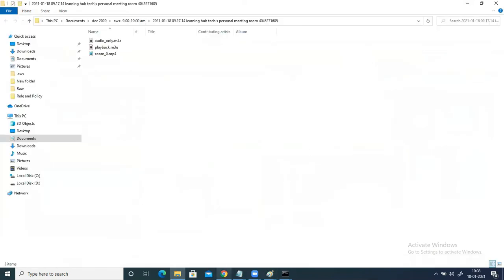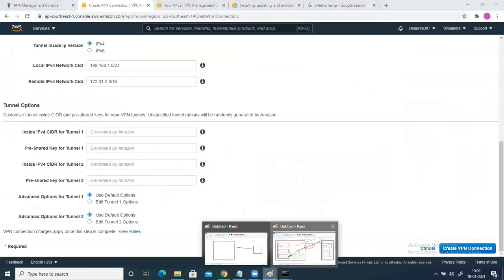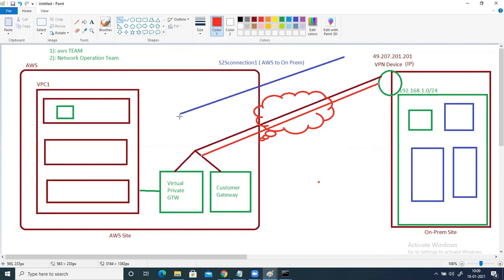Now, when this tunnel is getting created, it is asking for the shared key also. Right now I am trying to create a connection from AWS to on-prem, so it will ask me about the shared keys. The same shared key has to be configured by the network engineer, the owner of the on-prem network, when they establish the connection in the other direction.